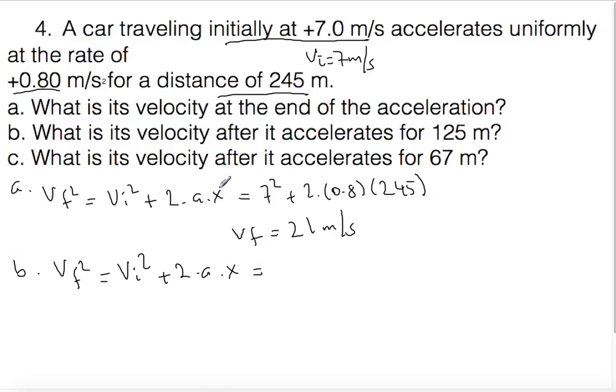The difference from choice A is the displacement taken. Instead of 245, we are going to write 125. Again, 7 squared plus 2 times acceleration times displacement. Instead of 245, 125 meters. So in this case, the final velocity is going to come out